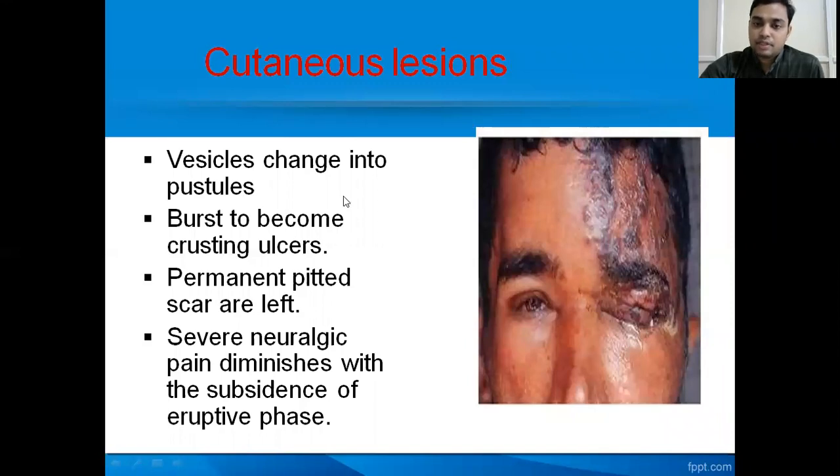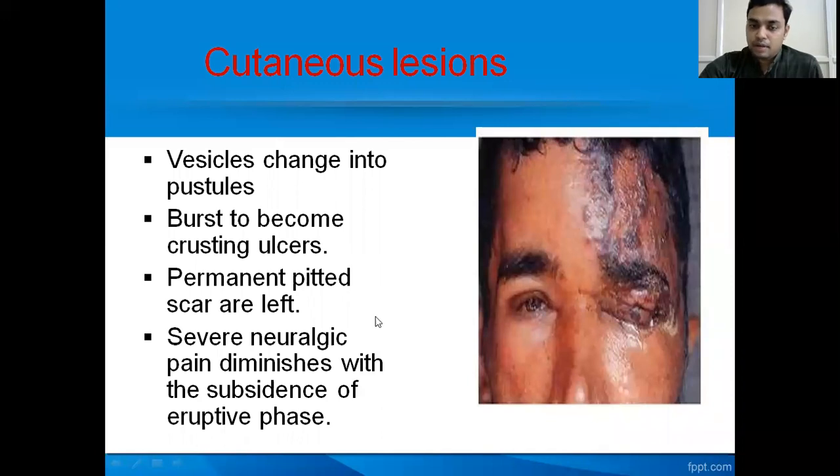So first they start with the vesicles, then vesicles turn into pustules. The pustules burst and form crusting ulcers. Upon healing, they lead to scar formation. So permanent pitted scars are left behind. And it is associated with severe neurological pain, but the neurological pain subsides with the subsidence of